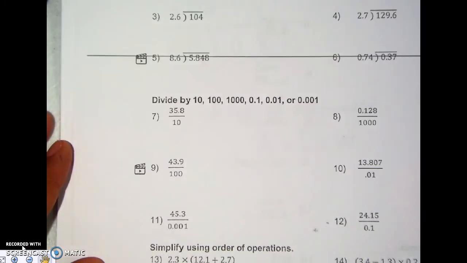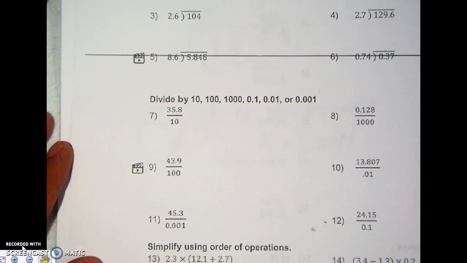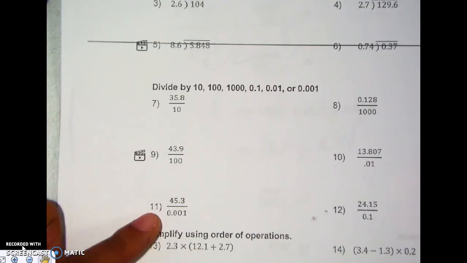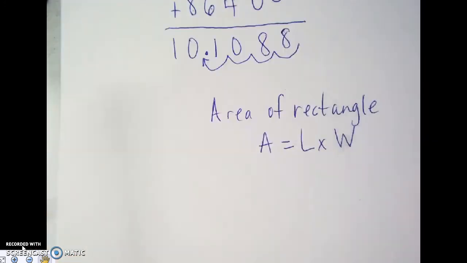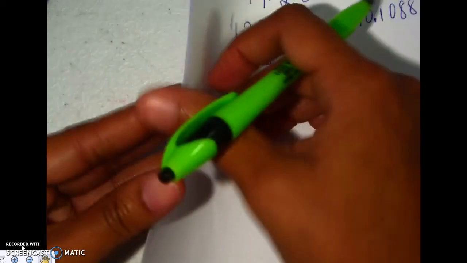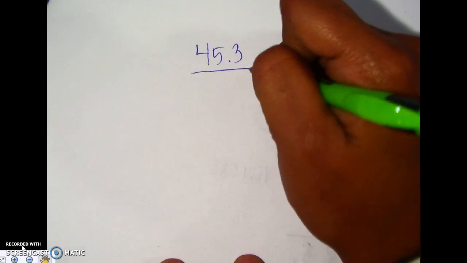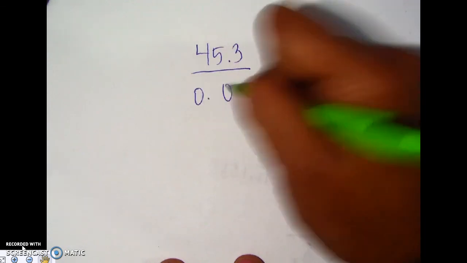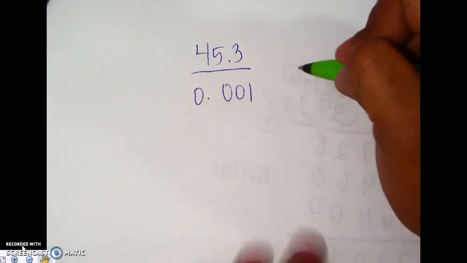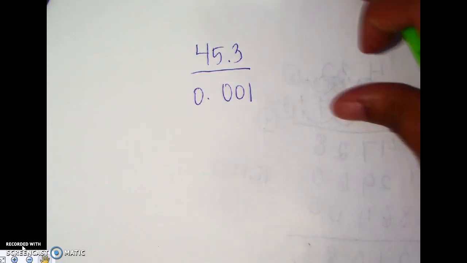So for the division of decimals, we do TIBO, okay, top and bottom out. So let me do one example of this. I'm going to do number 11, which is this one right here, okay. So let's switch papers real quick. So if I do 45.3 divided by 0.001, and I'm going to just make this mention like I did in class, which is